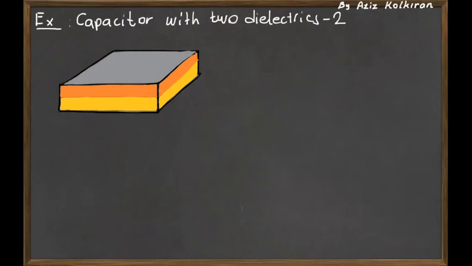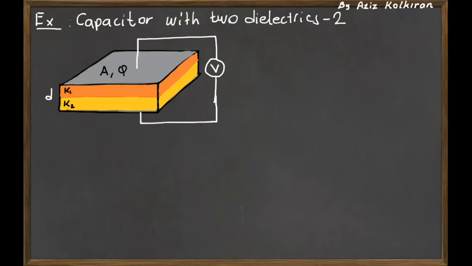Okay, we have a parallel plate capacitor, but between the plates of the capacitor we have two different kinds of dielectrics, and they are sandwiched. They are parallel, on top of each other, and one of the dielectrics has dielectric constant K1 and the other one has dielectric constant K2. The total distance between the plates of the capacitor is D, and the thicknesses of each dielectric are D1 and